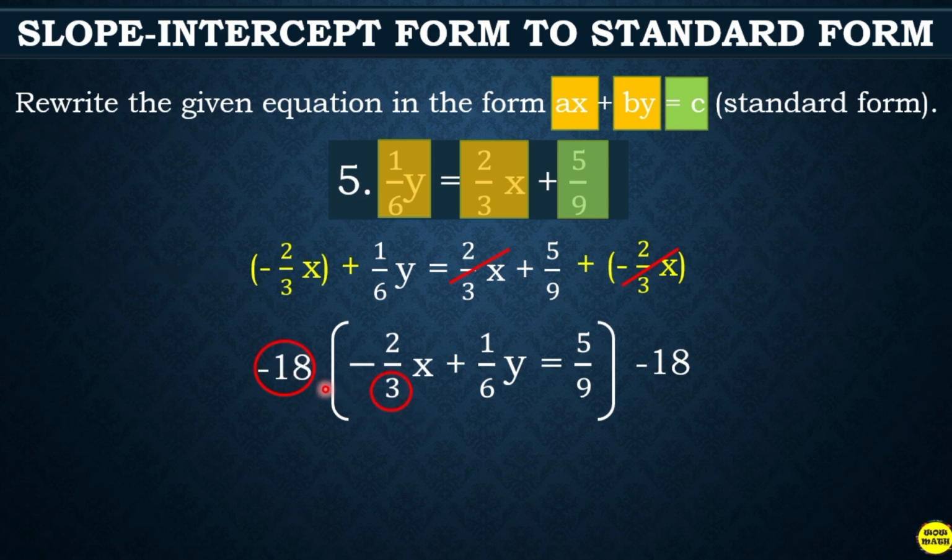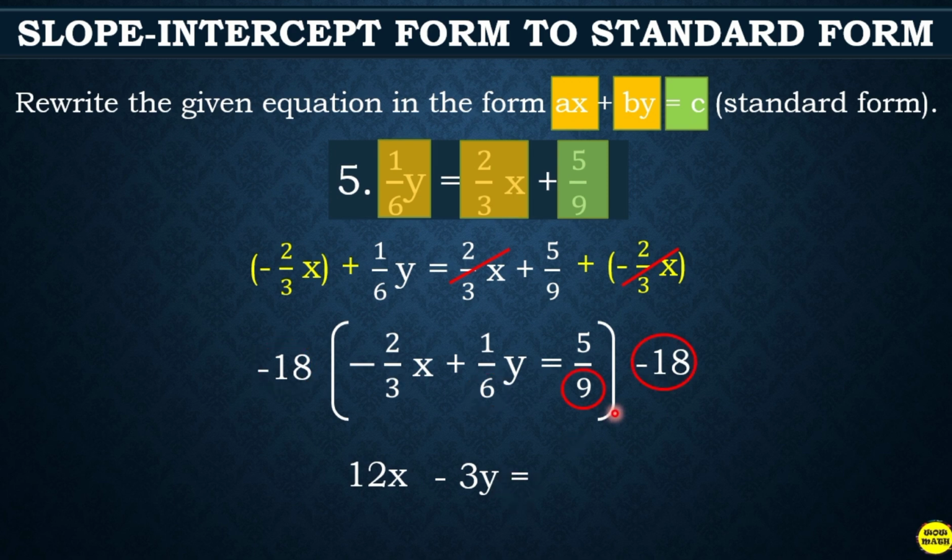So, this is negative 6. So, negative 6 times negative 2, that is 12x. Copy your variable. Next, negative 18 divided by 6, this is negative 3. So, negative 3 times 1, that is negative 3y equals